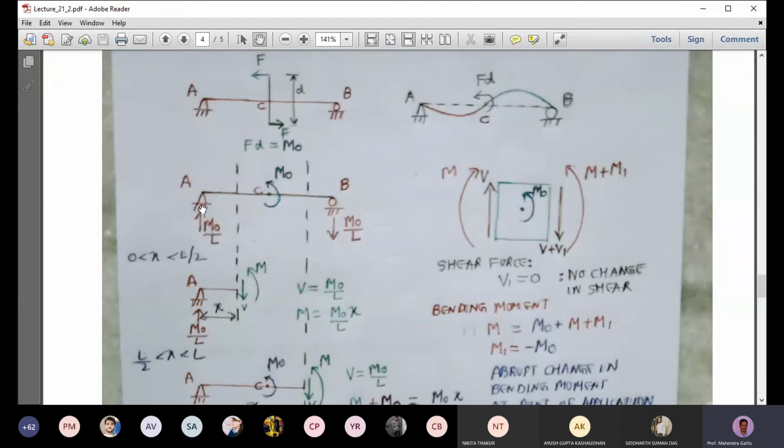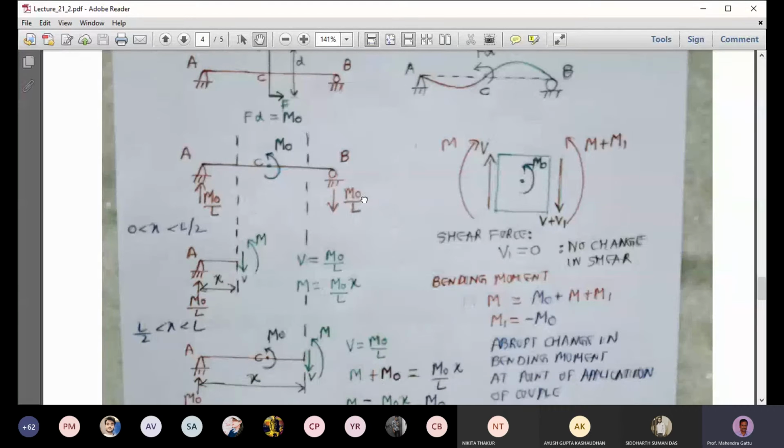So at A, we have the force m naught by L. And at B, to balance this m naught by L, this will act in the downward direction. So this reaction will be m naught by L in the downward direction at point B. Okay. So what we'll do now, we will look at the section between A and C and find out what